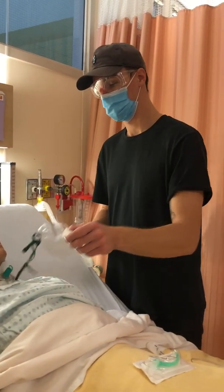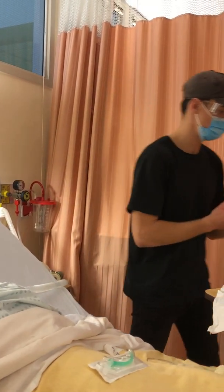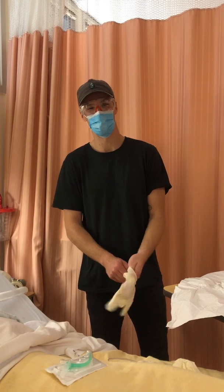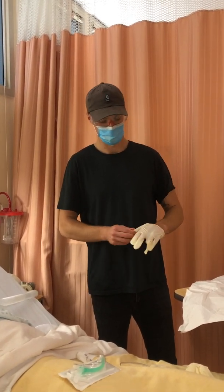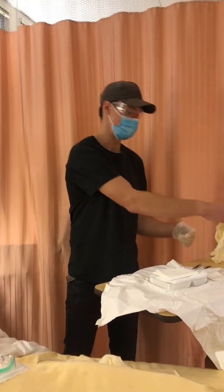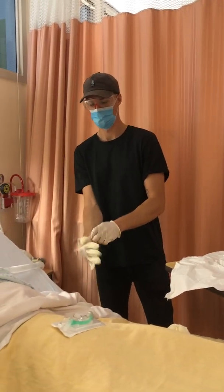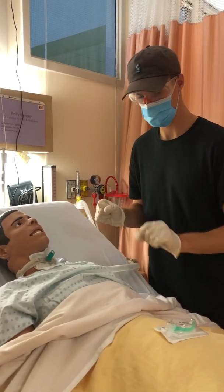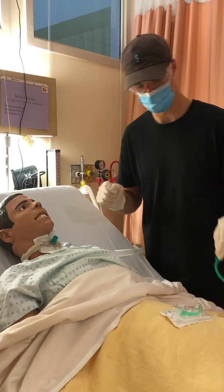So I'd remove this. Keep this here. Perform hand hygiene. Put my gloves on. I'd probably put my gloves on first before removing that, just so my patient could have some humidified oxygen for the longest time. Then I would remove this first, drop it,